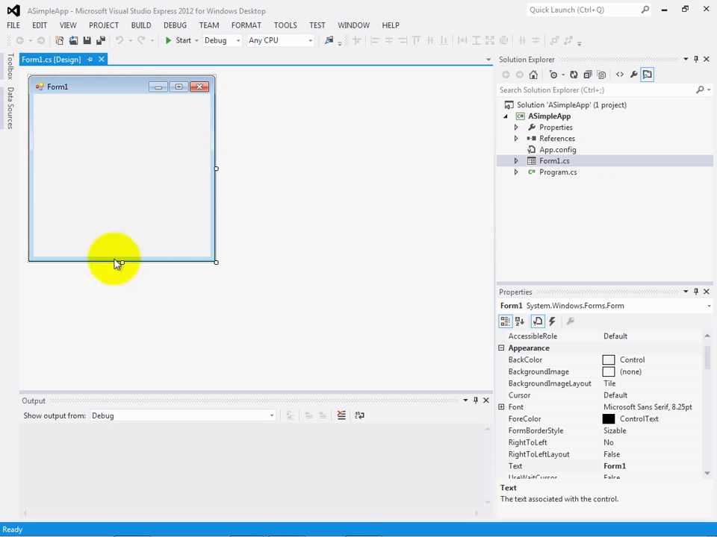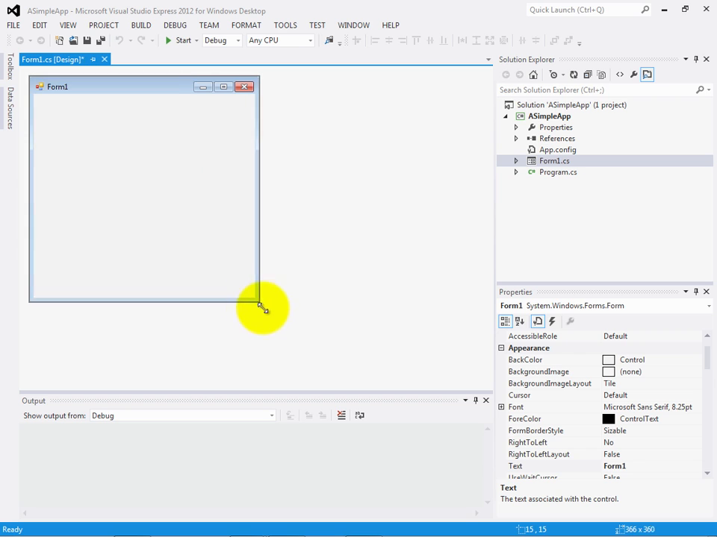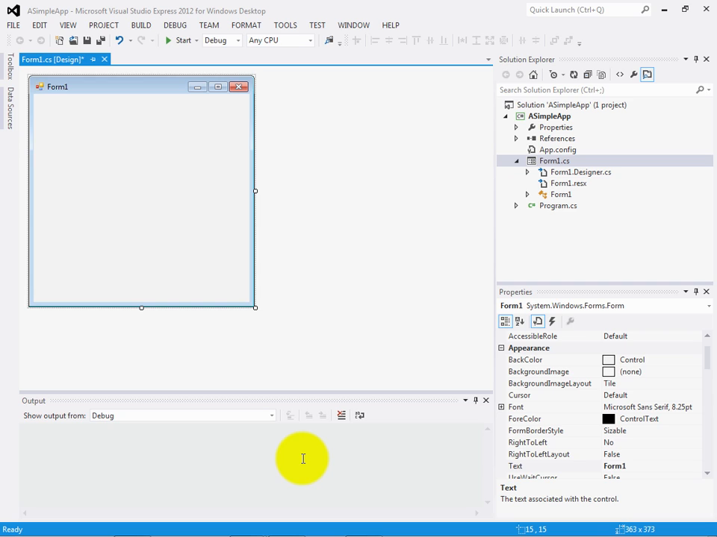And the form itself is selected, which is why we see these resizing handles here. So I can actually change the size of the window by dragging those handles, so I can set the form size to what I want. And in addition to that, I can do things like customize the text that's going to appear in the title